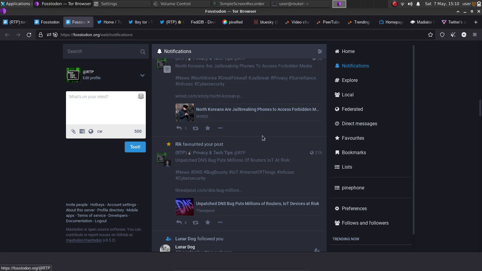Don't be stuck on mainstream platforms that have highly manipulated algorithms that ensure that if you dare speak certain ways or speak out for what you believe in, your posts may become downranked. And I've had this happen to myself personally on other platforms. But, like I said, Tor friendly, Mastodon, check out an instance.